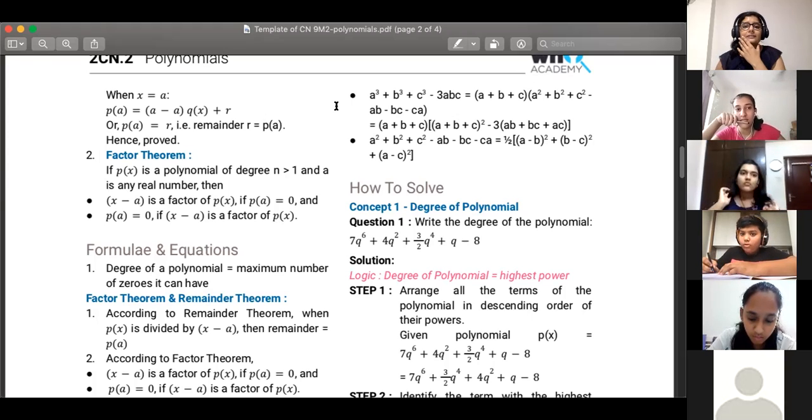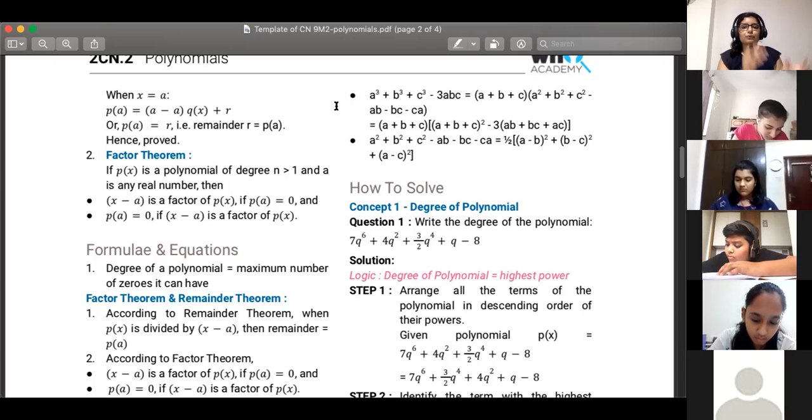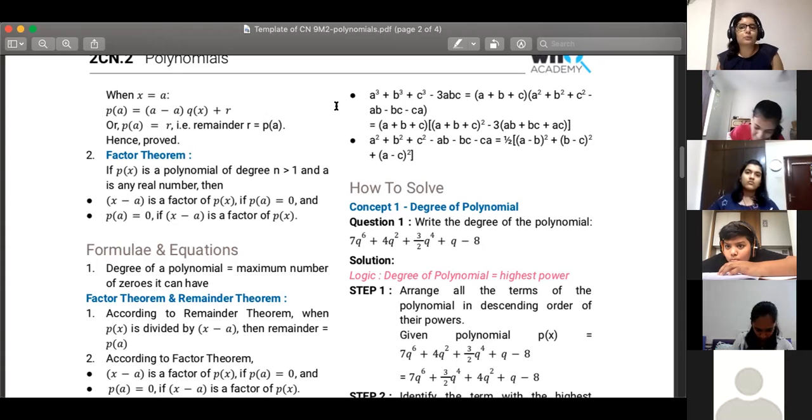Abhi holidays hai na, so what you can do with the identities is you can play around with them. Make one of the terms negative, see how it changes. You can verify them, like ऐसे multiplication based hai, so actually do the multiplication step by step, see if you get the LHS from the RHS. You know, play around with them. The more you use them, the better you'll remember.